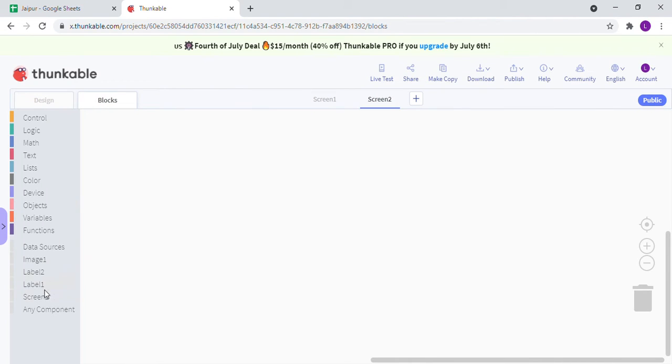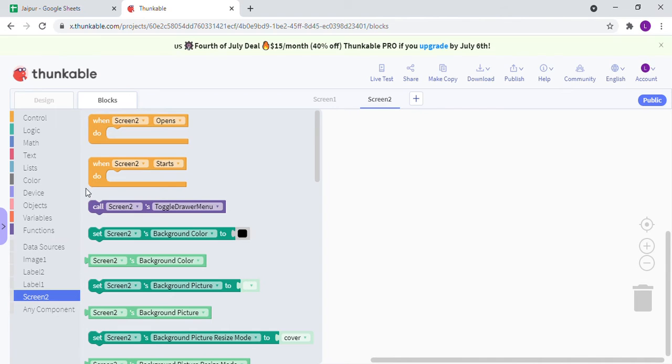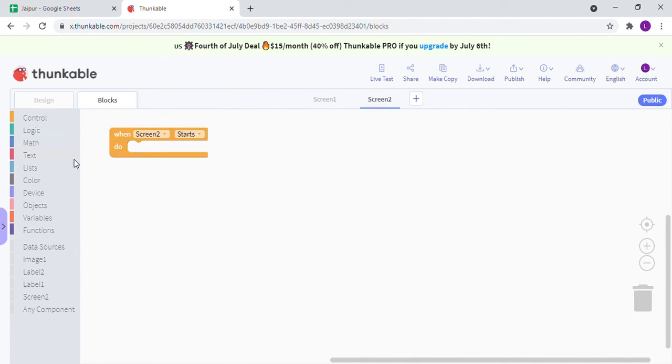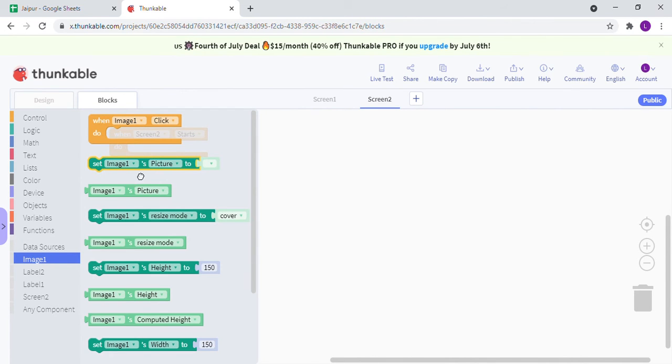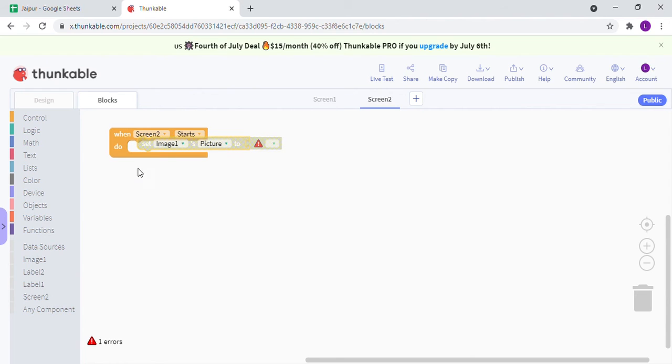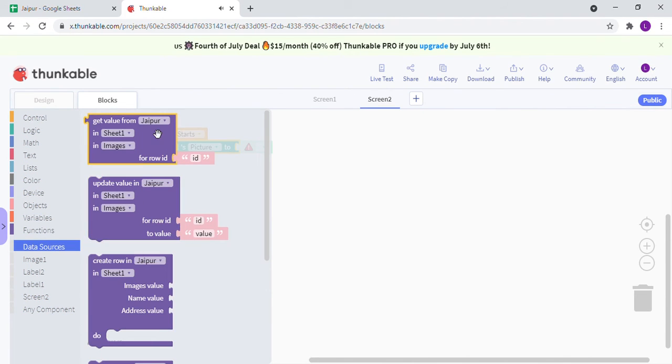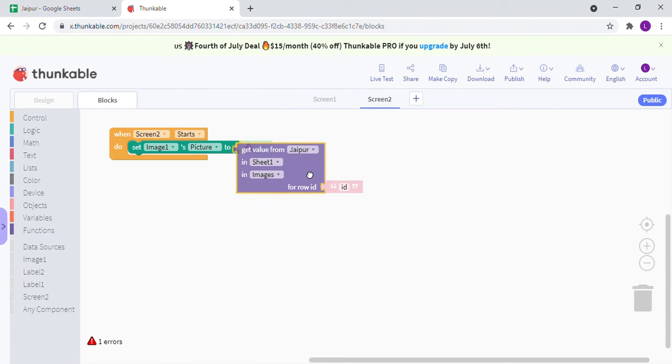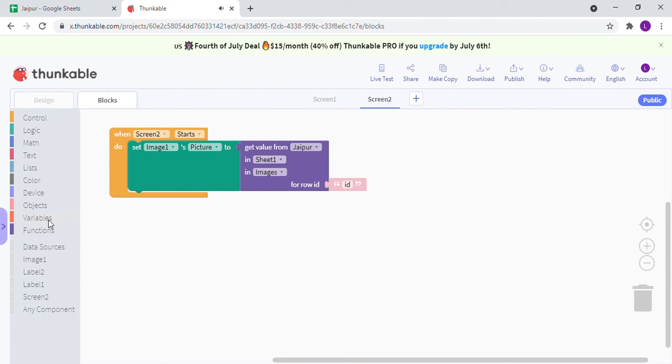So now the code would be when screen 2 starts, then picture 2 will get it from data sources, variable app variable row id.